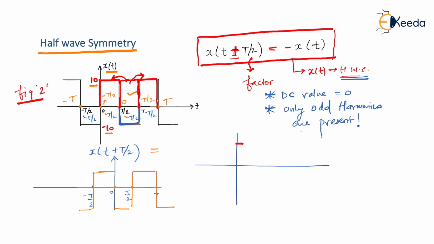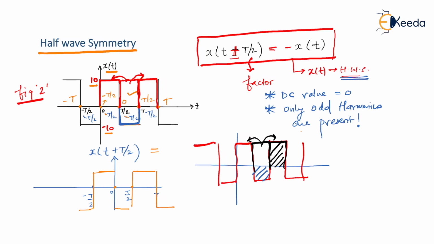So I repeat what I said. Let us say we have this signal, and we have to check whether it is half wave symmetric or not. So first, as I said, you have to identify this negative portion and draw its mirror image. The mirror image would become like this. Then try to place this mirror image towards its right or towards its left, wherever you can. So let me just shift it to the right hand side, so it will exactly fit over here. And if it is so, then definitely the given signal is a half wave symmetry signal. So as I said, if you use this trick, it becomes very easy for you to identify whether the given signal is half wave symmetry or not.